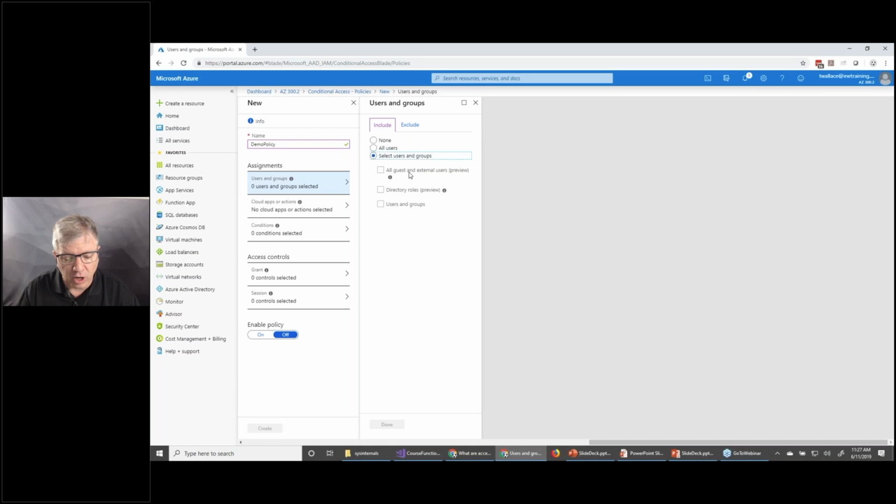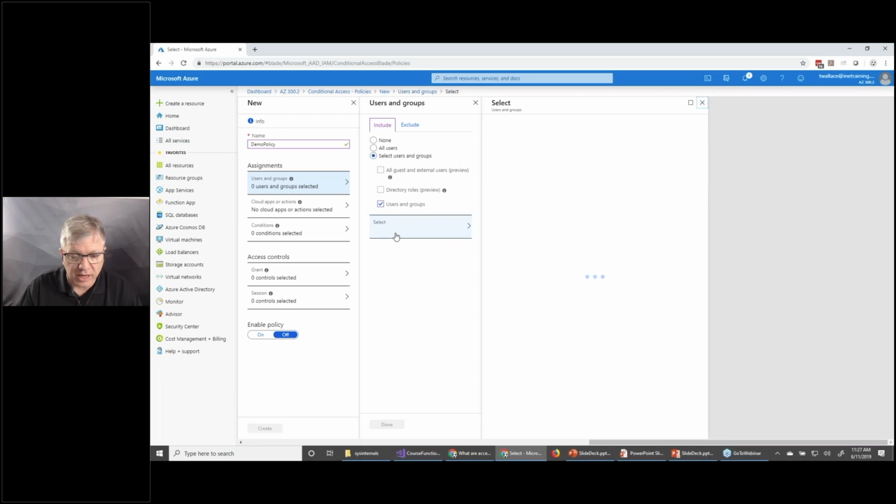And there's a few things I can do: all guests and external users. Oh, that's something pretty cool. Not only does conditional access apply to external users and groups, as you can see here, so does MFA. So I can actually set up a policy to include guest users and enforce MFA. So before they get to my app that they're trying to get to, whether it's even Azure or Office 365 or whatever it is I'm giving access to a guest user, they can actually be challenged with MFA. Right, but I'm just going to go down here to users and groups,